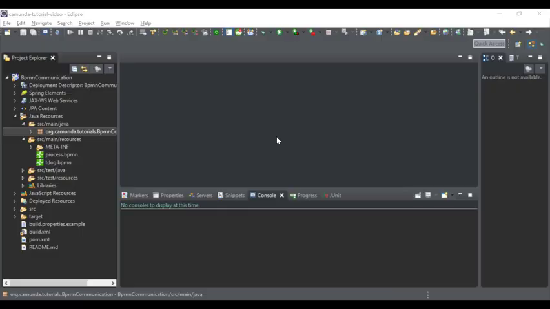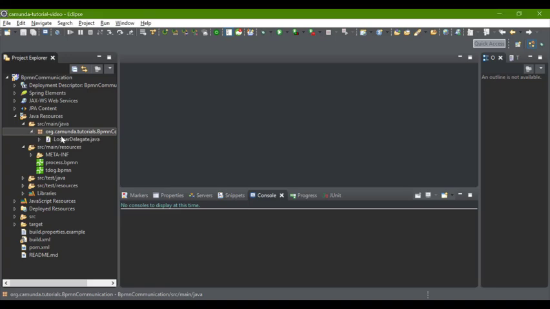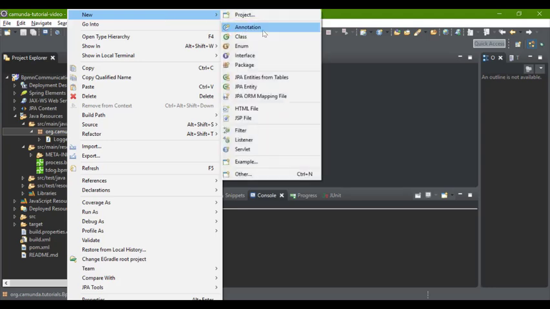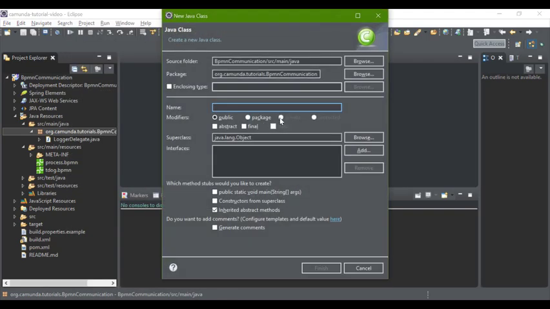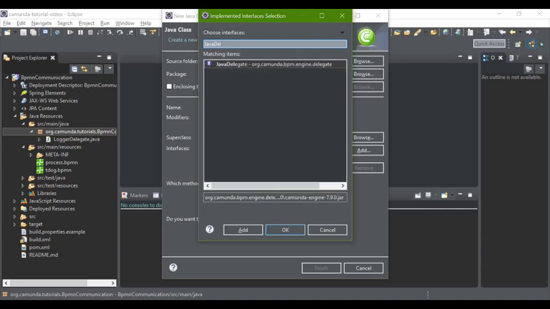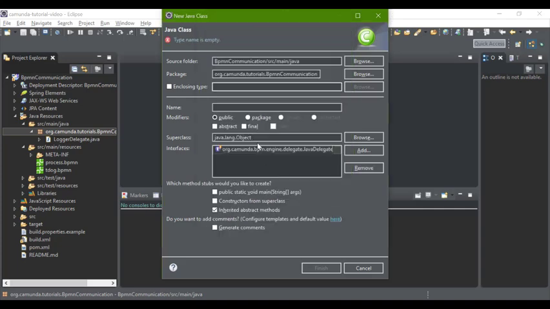So here I am back in Eclipse, and I'm just going to create a new Java class in here in my main folder. And this Java class just needs to implement the Java delegate interface. Okay, and I just need to give this a name, ask TDog for help, and then finish.